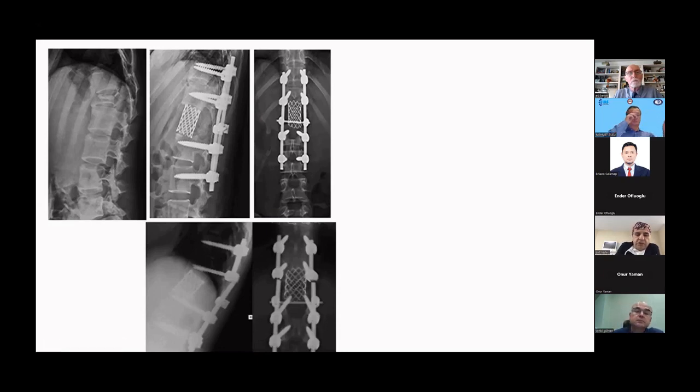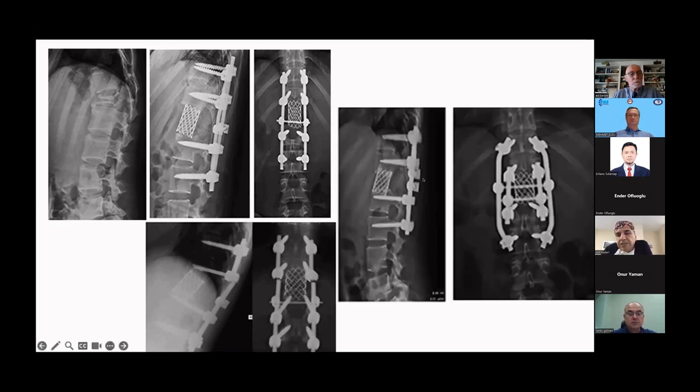This rod fracture occurred after radiotherapy and after flexion, probably 3 months after surgery. Therefore, in such a case, we need to restore the system. We can increase the length of the instrumentation. We can use 2-rod technique, and also we can change, if possible, we can choose cobalt chrome rod. In these cases, these are much more resistant